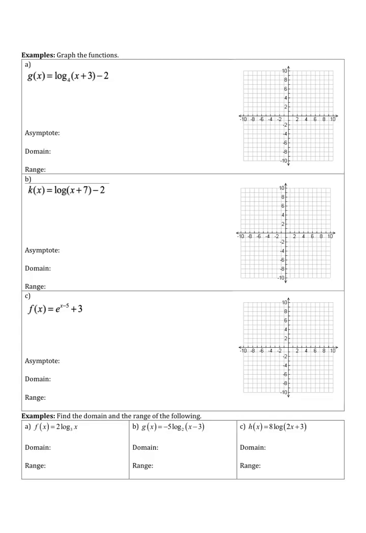Alrighty, so using what we know about shifting, let's go ahead and get started with some graphing of some functions with some shifting going on. So this is a log function for letter A, and we know that we have a shift 3 to the left, and we have a shift of down 2. I can already tell you that because it's a log function, I'm going to have a vertical asymptote, and I already know x is going to equal -3 for that vertical asymptote. So if we want to go ahead and draw that in,